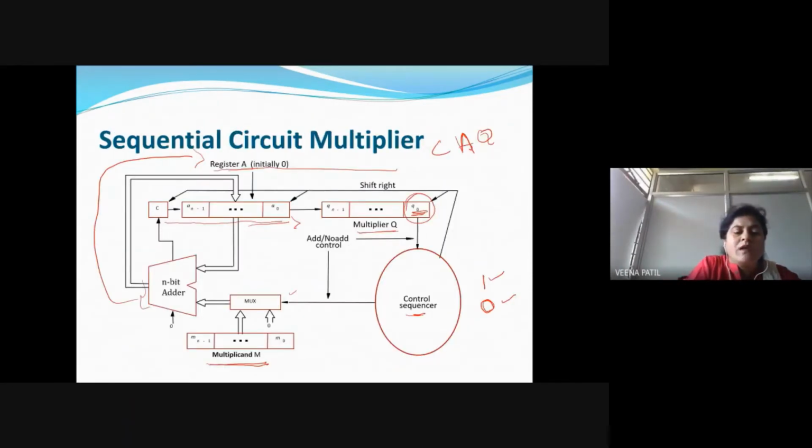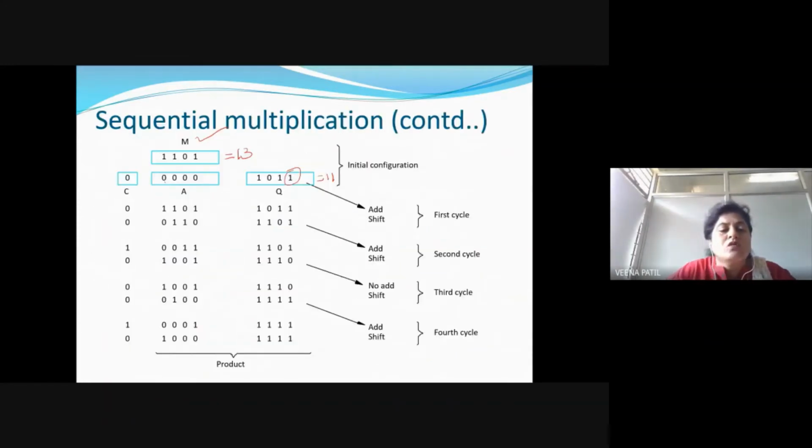If you see here, multiplicand is going to be added with the content of A, which is nothing but the partial product. Both are the inputs for this n bit adder. So these two will be added and it will be stored back into A. So let's see here. It will perform addition of